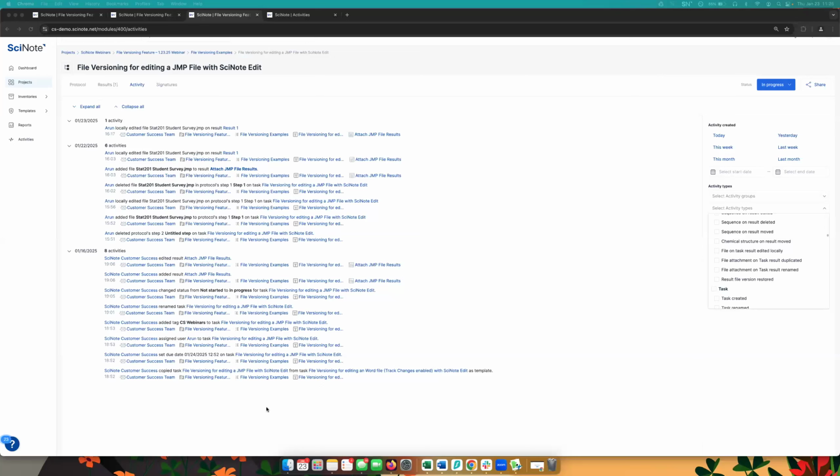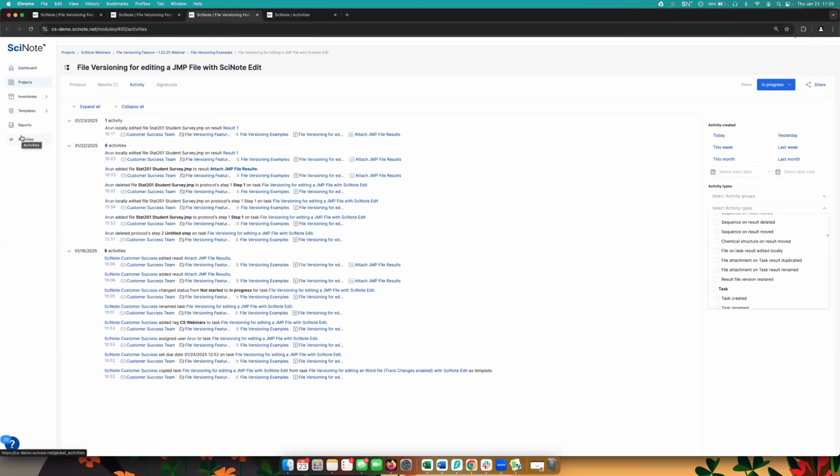What we typically recommend is to start looking in the activity log. So in SciNote, there's two activity logs. There's an activity log present in every task, which contains an activity history specific to just that task. And then we've got a global activity log as well, which is right here. And this will pull up the activity history of all activities that happened in your SciNote team. So if you know which task your change was made in, I would recommend starting with the activity log that's